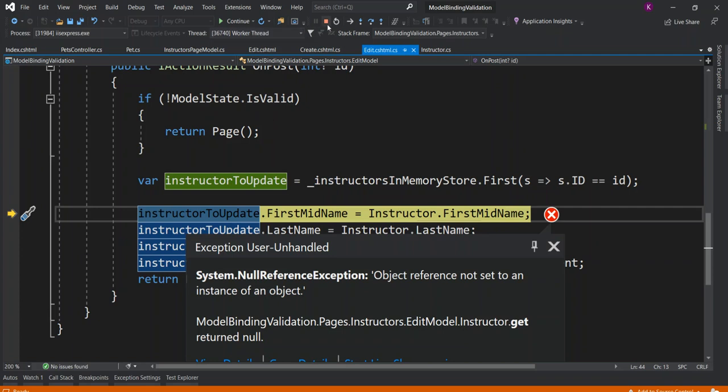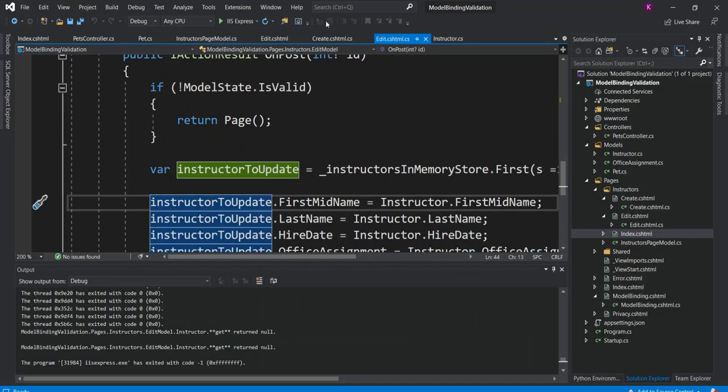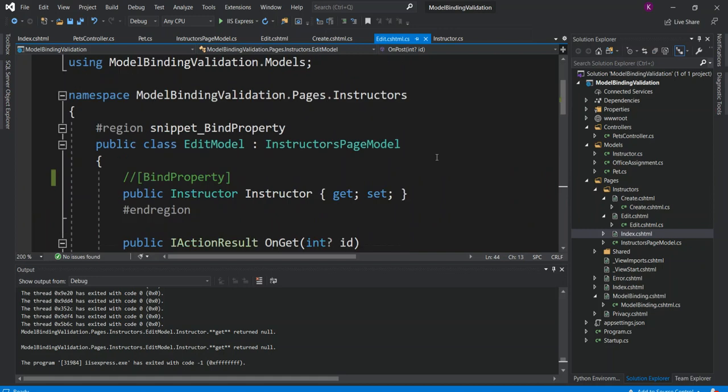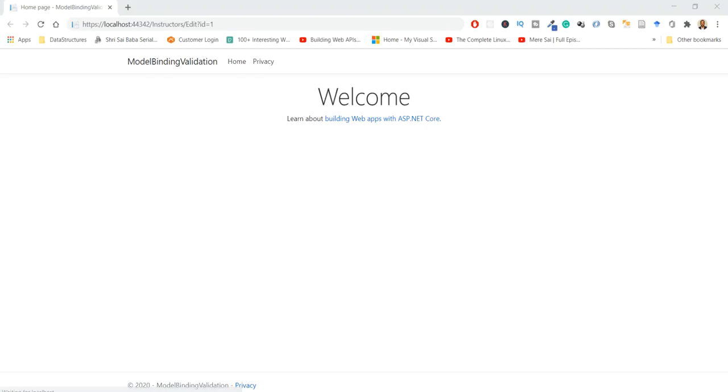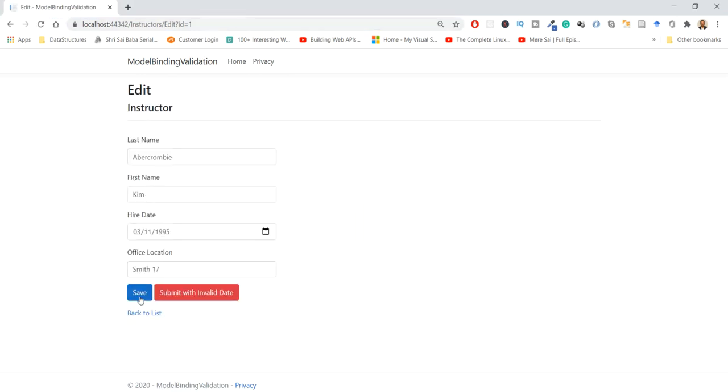Now if you stop this application, go back and uncomment the bind property attribute, and run this application again, this time when you browse, you will be presented with this form, but when you click save, nothing will happen. There is no runtime error, like the null reference exception that we saw earlier.